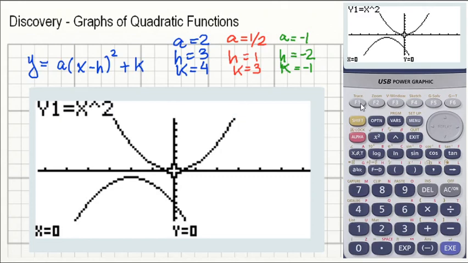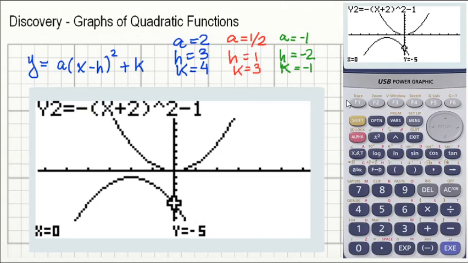We can trace the function and try to find the point. So the vertex originally was 0, 0. If we go to our new function, our new vertex is negative 2 and negative 1, which is exactly what we predicted. Negative 2 because of h, negative 1 because of k. And a equals negative 1 just made our function concave downwards, but it's still the same curvature